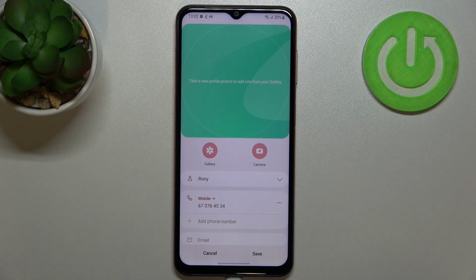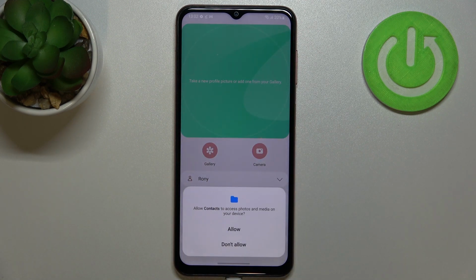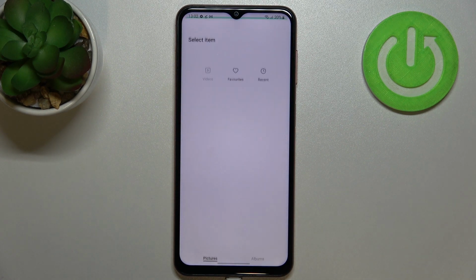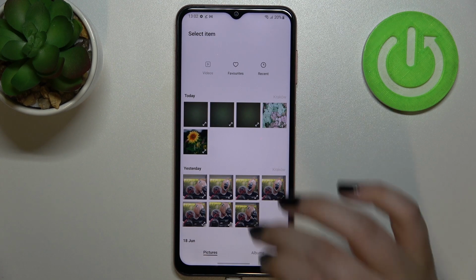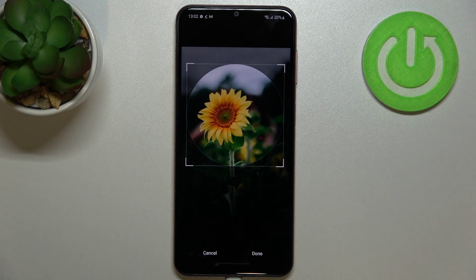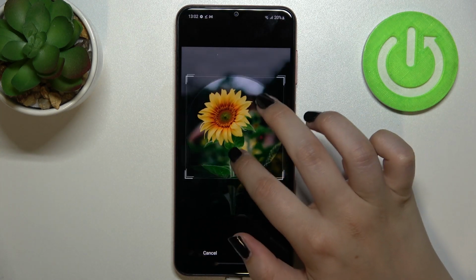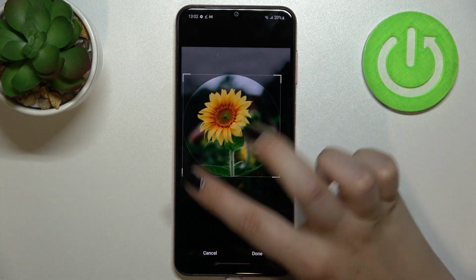Or we can pick the photo from the gallery, and I will pick this option, so let me tap on it. Of course, give all the permissions if you're doing it for the very first time. And here all we have to do is to simply tap on the photo we'd like to use. So I'll pick this one, and here from this tab we can adjust the position of this highlighted circle in